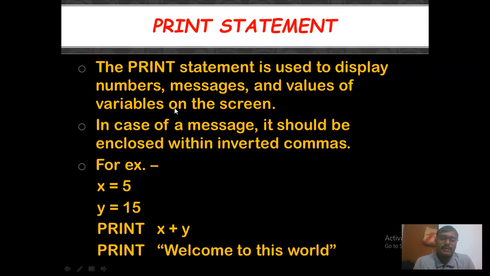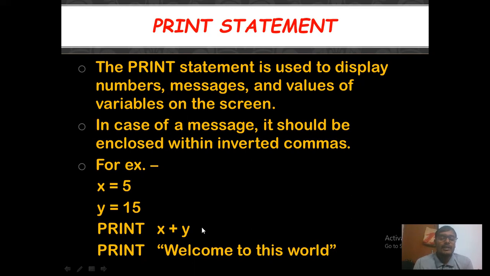You can take an example: suppose you have to print the result of x plus y. First you assign x equals 5, then you assign y equals 15. Then you print the addition result. You write PRINT x + y. The computer will add both the values and give the result.